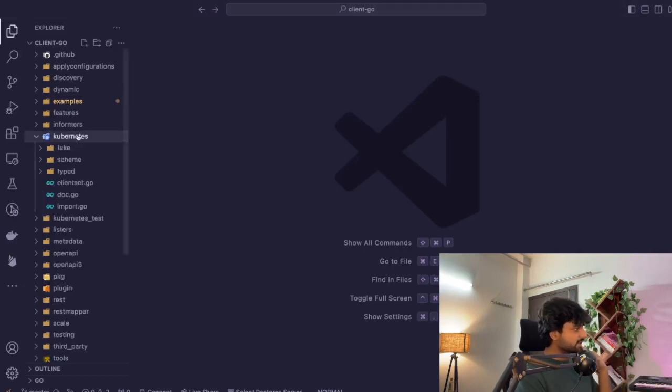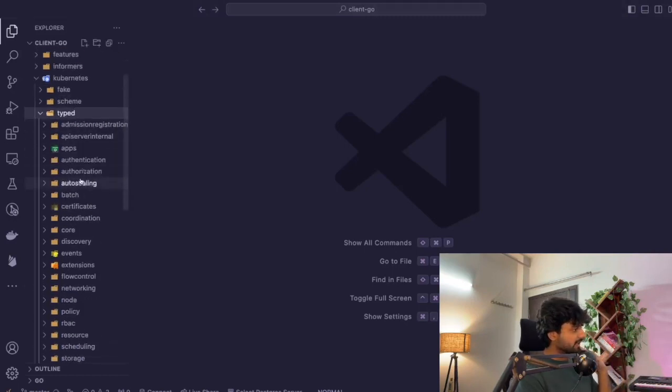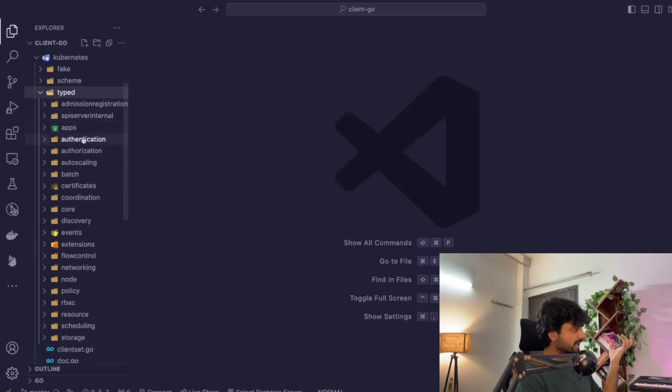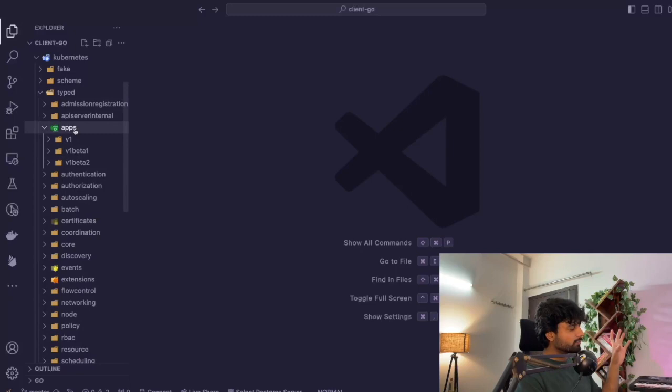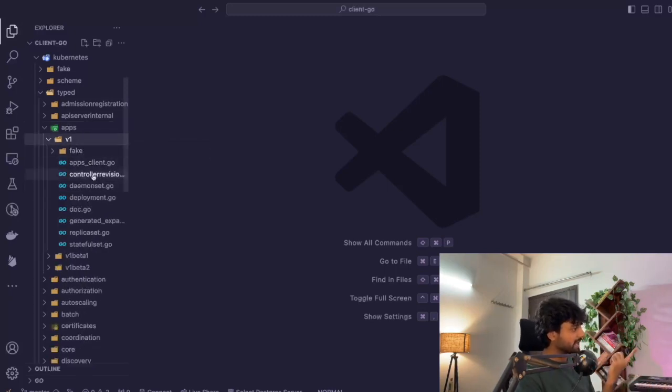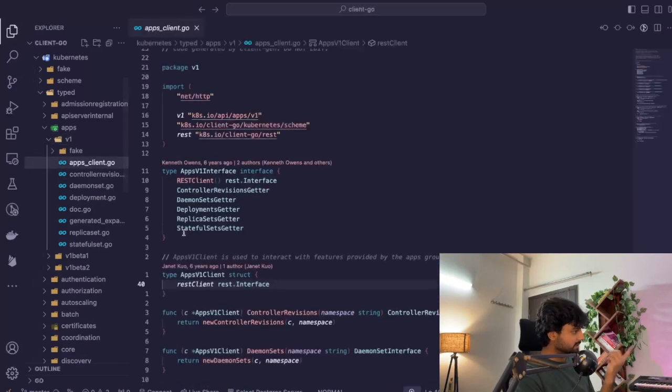So we can see that inside of Kubernetes typed, we have all these groups: apps, authentication, authorization, and all that. Let's not create a group. You know what? Let's not create a group because it's all too much effort for a whole bunch of nothing. So let's just reuse an existing group. So I'll just reuse apps v1, and inside of apps v1 you can see this is the file where you